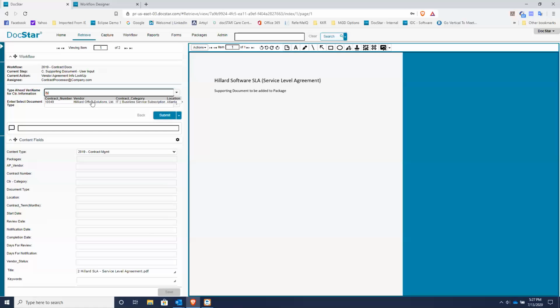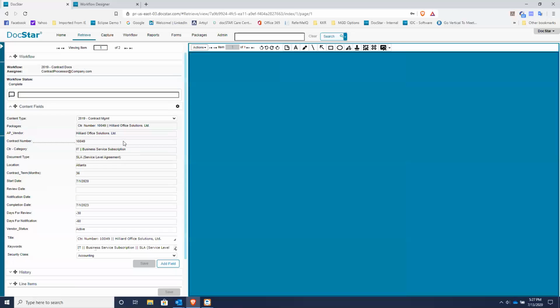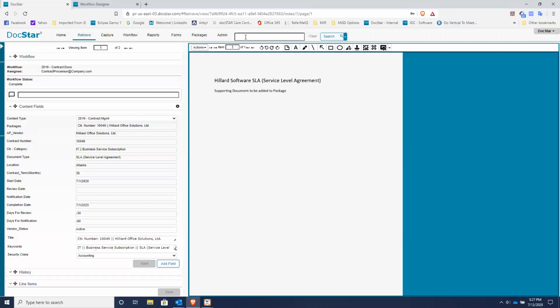If you notice, all I have to do is type anything that I can think of, and I'll find it in our ERP system. And the type of document it is, SLA. Okay, I'll click submit. And now both of those documents are under management. I could find them if I just type Hilliard